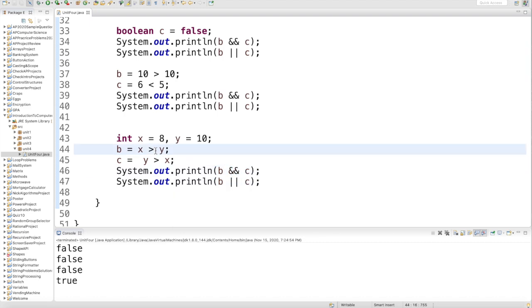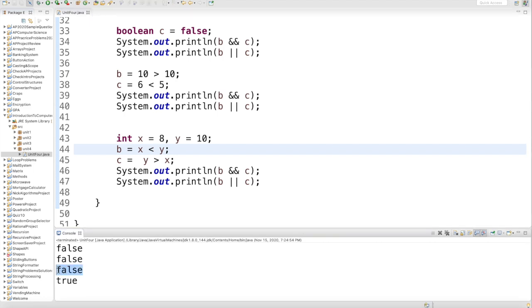Now if I put a less than here, see, in my mind I thought I had a less than, but it was a greater than, and my code is showing me, hey, you were off, your bit's off, your logic's off. Oh, by the way, logic error